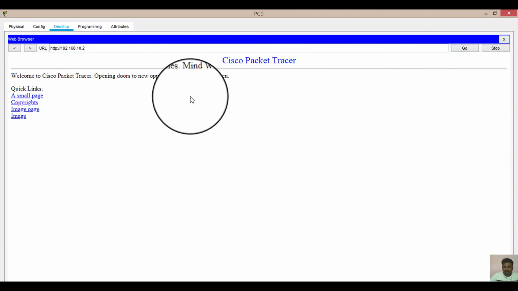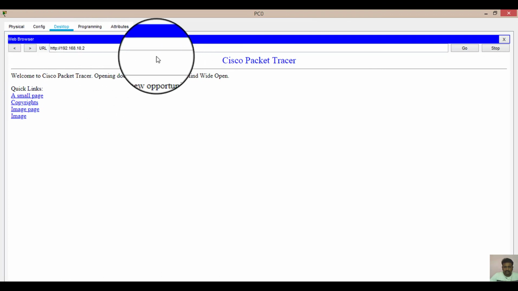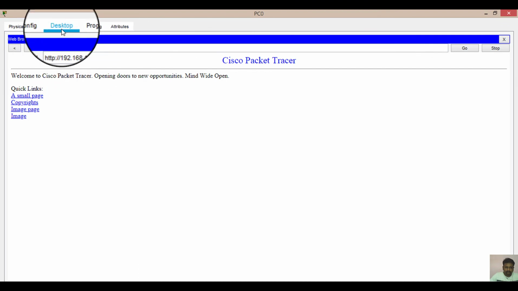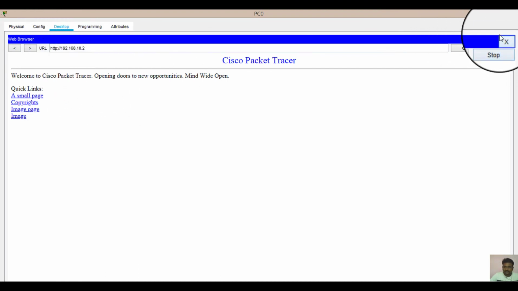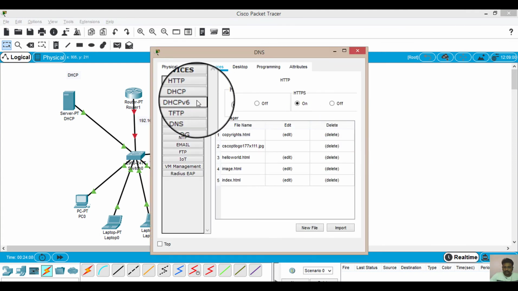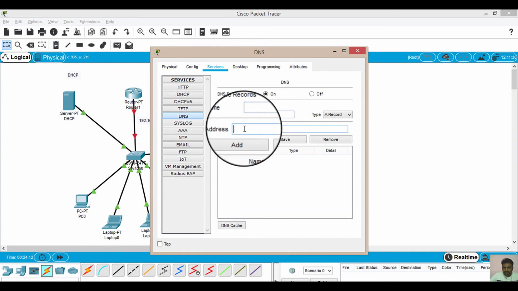If you have to imagine accessing Facebook by always writing an IP address, and then you have to access Google, so many websites, so many IP addresses, we cannot remember all these things. So what DHCP is providing you is one more thing. Come back to the DNS server, go to the services, come to the DNS service, and you can see the IP address here.